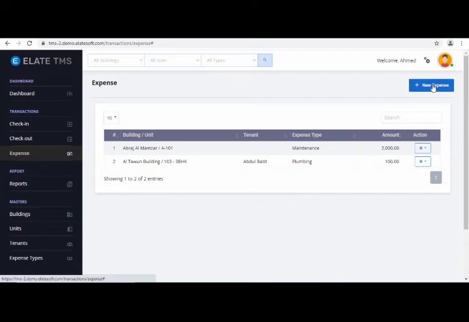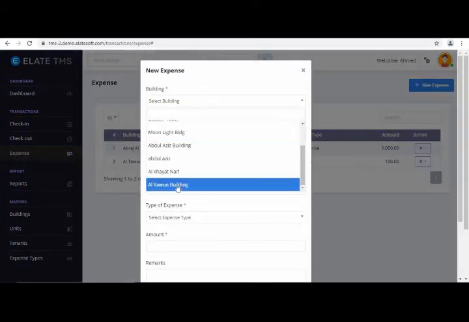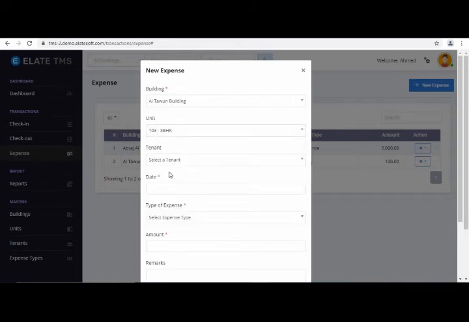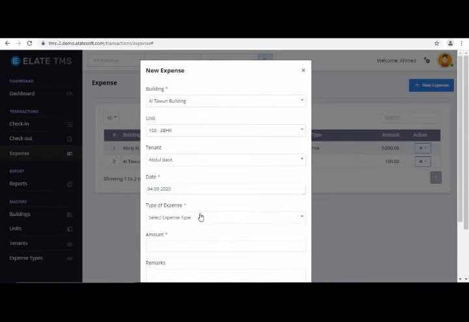Choose the building, choose the unit, choose the tenant, the date on which the expense was incurred, the type of expense, and the amount that was incurred.